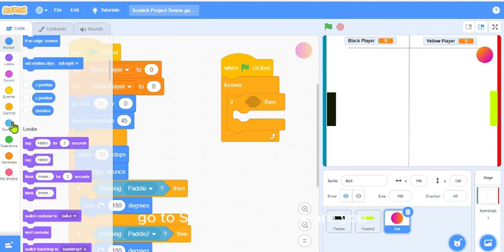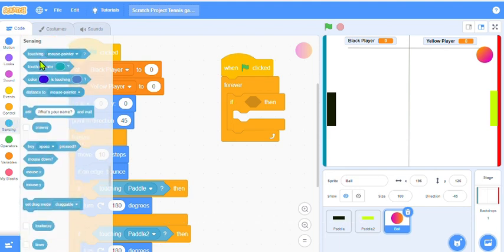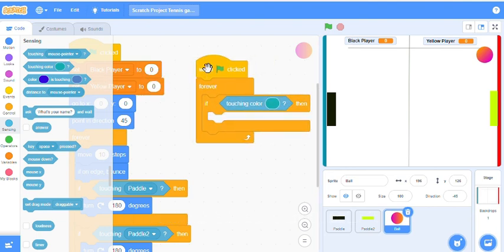go to sensing. Yes, when the ball touches, this one is about the color. So we pick a color. Since we color it, we code it with color. If the ball touches the edges, how will it score? We score if the ball touches the edges, then